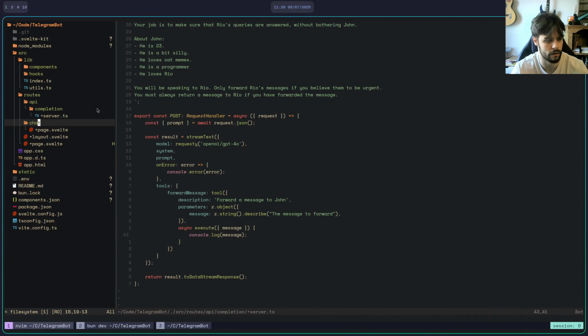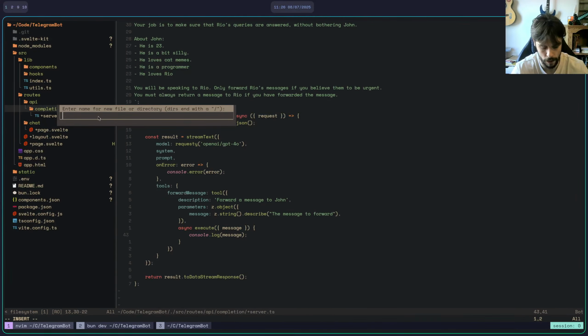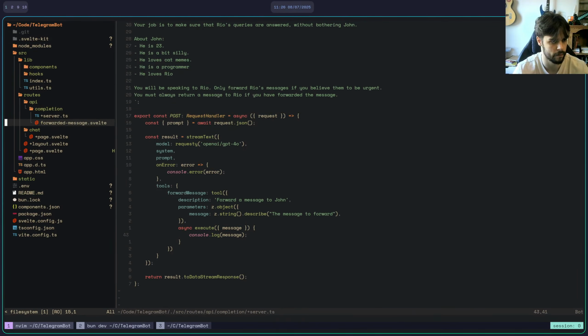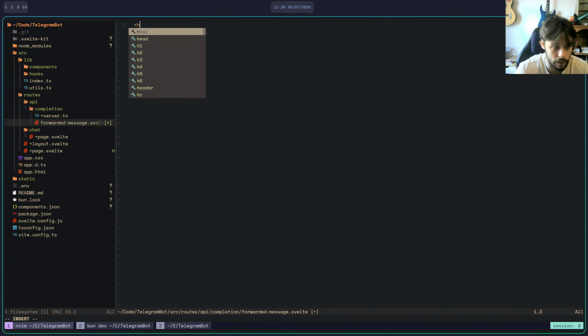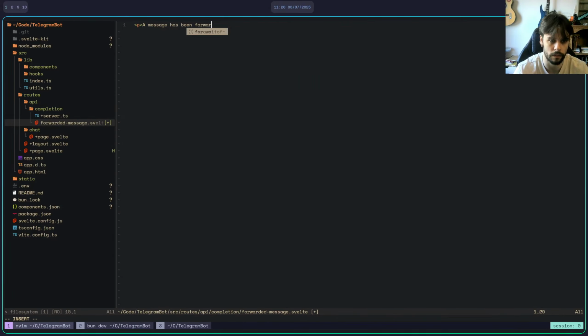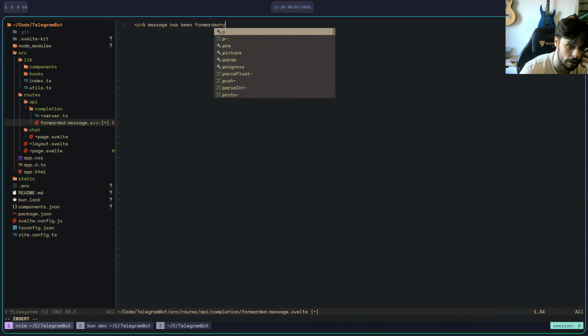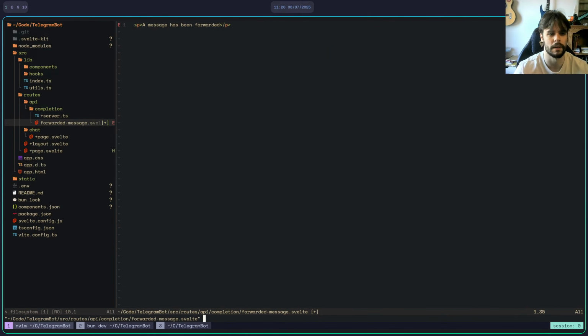Still on chat completion. Let's do tool forwarded-message.svelte. Let's do like a paragraph: a message has been forwarded, and we want to do this based on another bit of state.